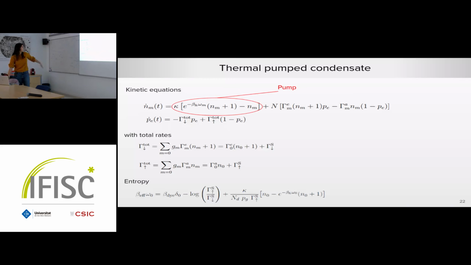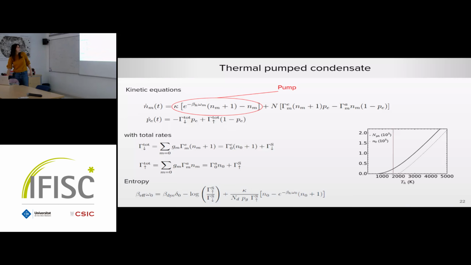Okay, we can calculate the same thing for entropy, but now it's just not so straightforward to interpret. And we calculated again the same plot. In red here is the reversible limit for the other one, which is the one where we actually had an expression that made sense to call it a heat engine, but I just put it here for comparison. Anyway, the condensation happens when there is a macroscopic occupation of the ground state, which is the dashed line. So we see that we need a hotter reservoir, but we actually can have condensation. I mean, it's less than the temperature of the sun.